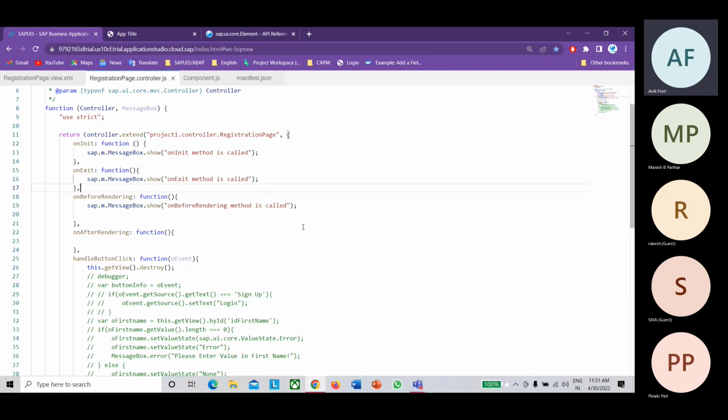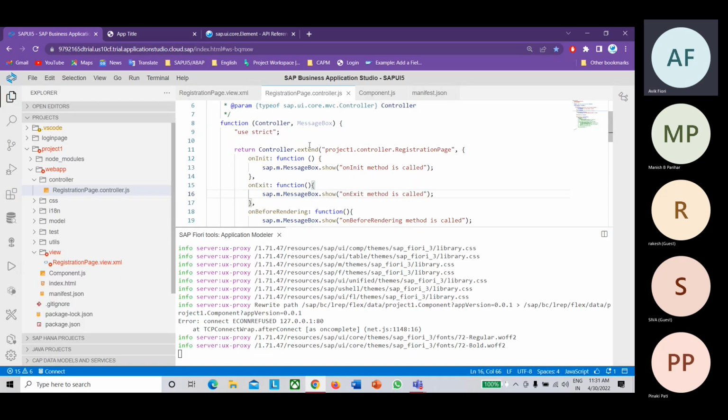But for sure, we don't know anything about the app, because going forward in the future, the code will increase inside the controller file and also inside the view file, right? For sure, it will increase daily, one by one. Now consider you have at least 15 simple forms, and at least 10 or 15 tables or list controls. All these different controls are available in a single registration page.view.xml file. So in order to load all these controls at the same time in the registration page, will it affect the performance of the app or not?